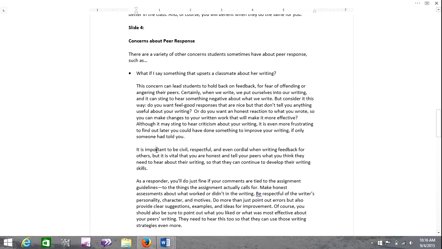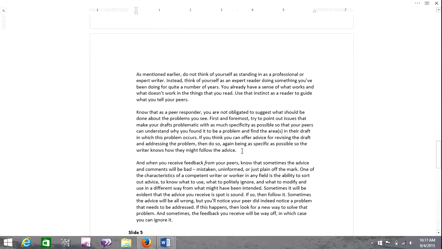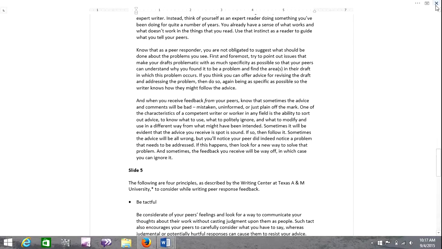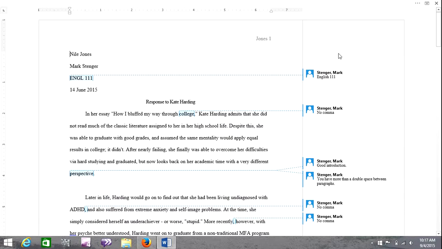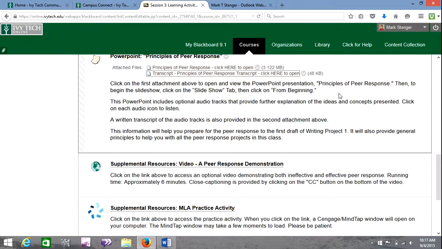You'll want to reread through this entire thing and, of course, take notes on it. And as this document states, be civil, be respectful, be cordial. But I'll also include in that, don't be too sensitive. It's difficult for someone to give you advice about what still needs work if you're easily offended. So understand that this is being done in a spirit of helpfulness. So take a look at the PowerPoint and read through this as well. But most of all, be tactful. That document keeps popping up, and it's there for a reason, but I'll explain that in just a little bit.